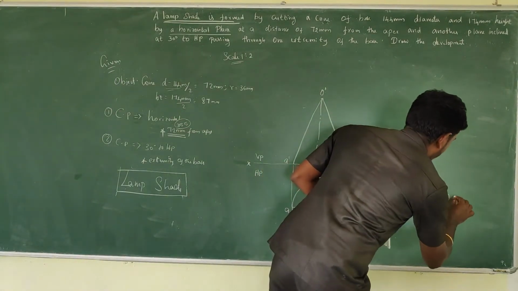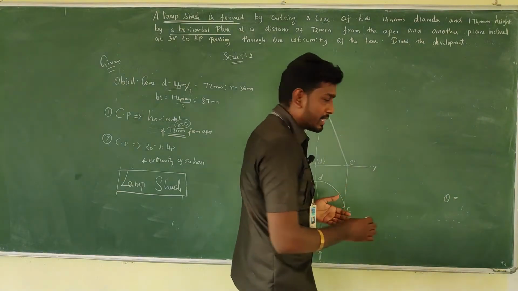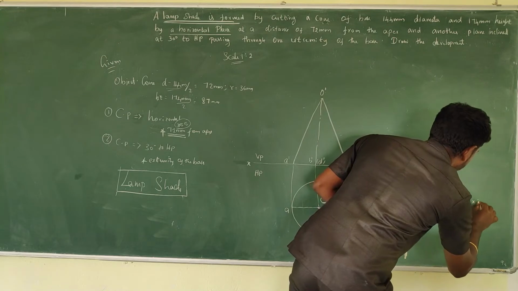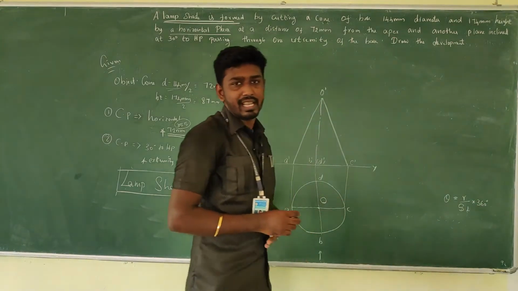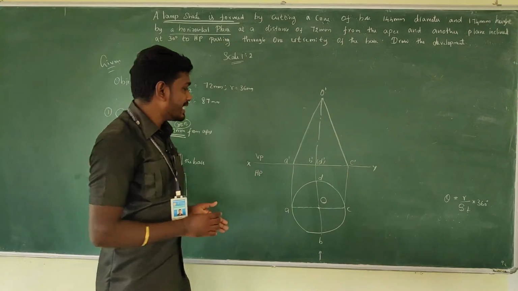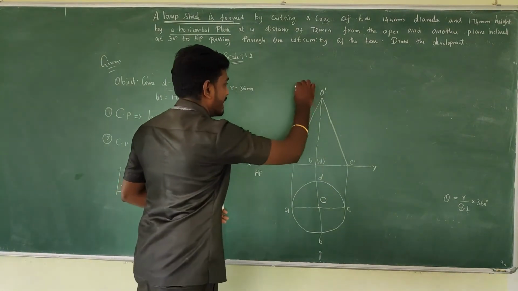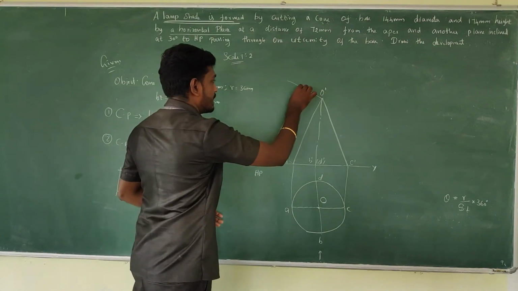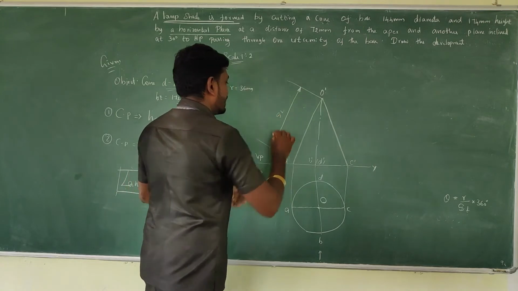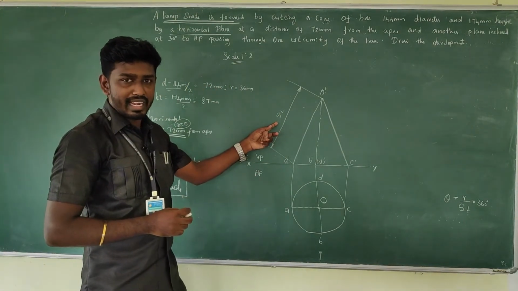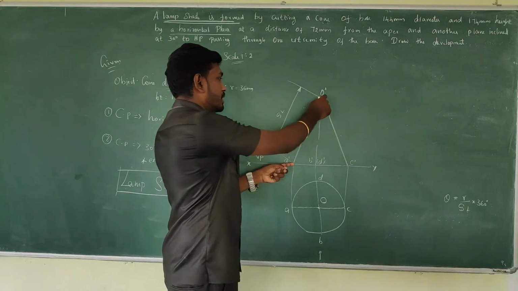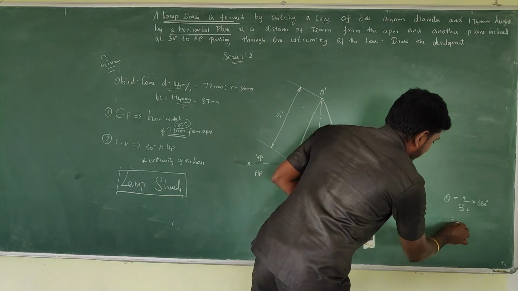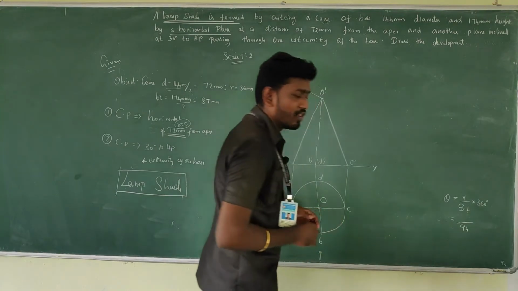In order to find the theta value, we have the formula, that is small r divided by SL into 360 degree. What do you mean by SL? SL in the sense slant length. Am I right? Slant length, here it is. This is the slant length. So this length needs to be identified. You need to keep your scale and just try to measure it. Approximately I can say the SL will be 94.